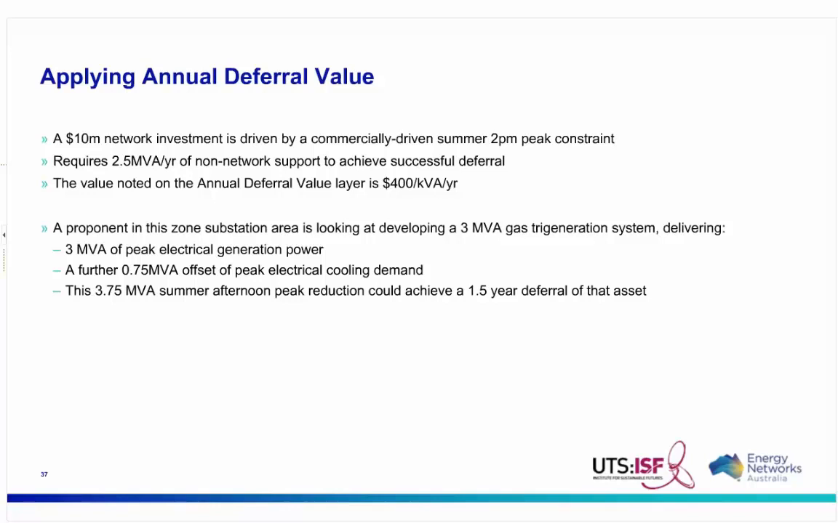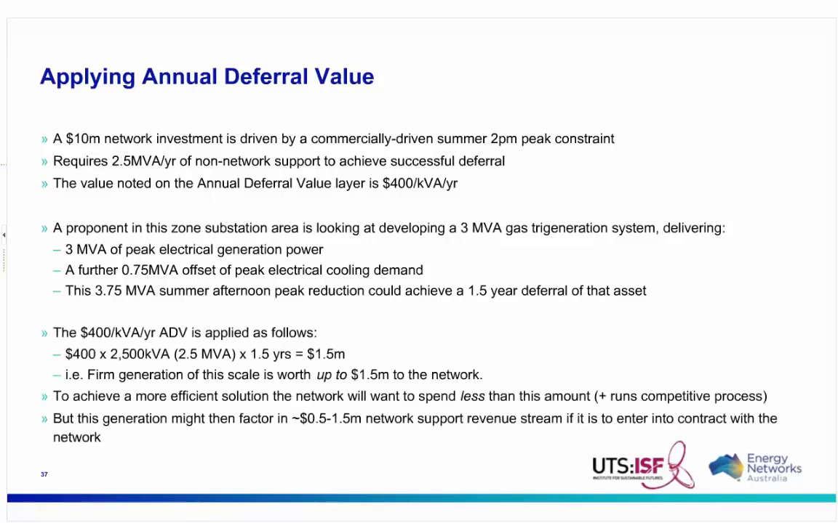So the way you apply it is to say, okay, let's take that $400 per kVA per year, multiply it by 2,500 kVA, so the amount of support required, by 1.5 years. And so when you multiply that out, you get a total value of $1.5 million. And that means that firm generation of this scale is worth up to $1.5 million to the network